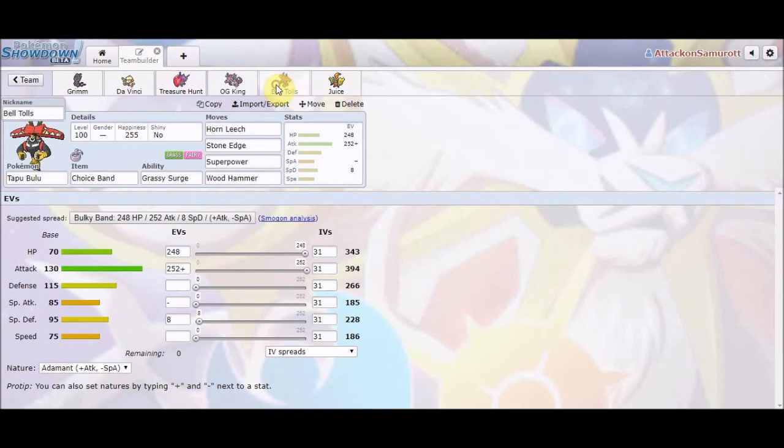So yeah, now we have Beltolls, the Tapu Bulu. Tapu Bulu is very powerful with that Choice Band, being able to hit a lot of mons that even resist it, especially under that grassy terrain. So his moveset is Horn Leech, Stone Edge,